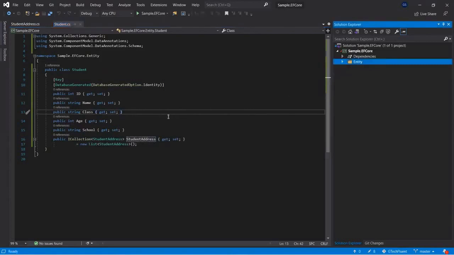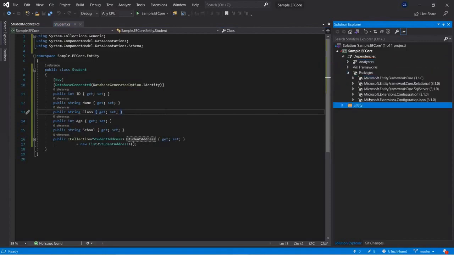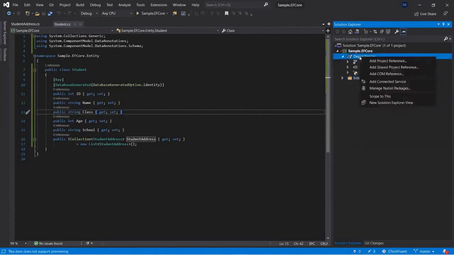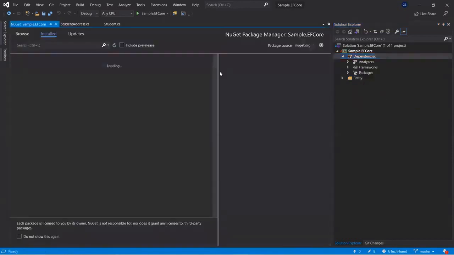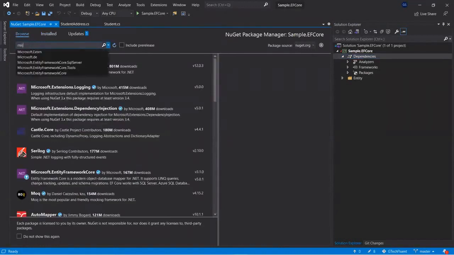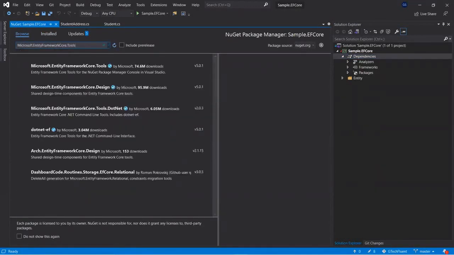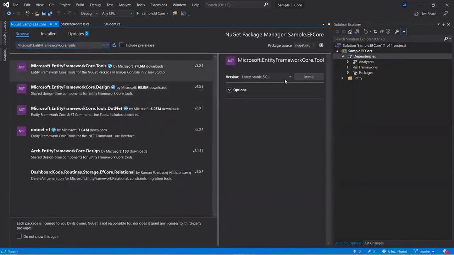Next step, we need to install the packages. In our previous video, we installed the packages of the core and the SQL Server. The additional package we require is the tools. So right click, manage NuGet packages, go to browse, search for Microsoft.EntityFrameworkCore.Tools.